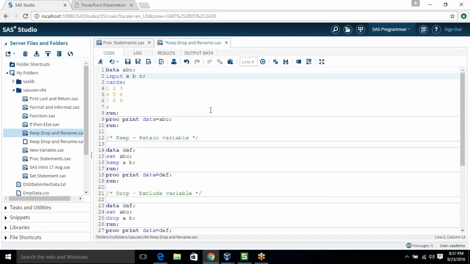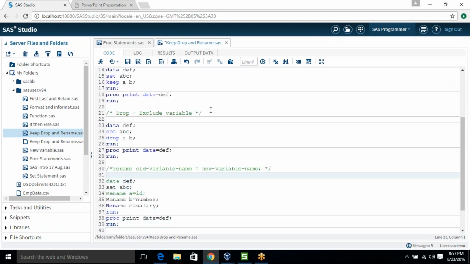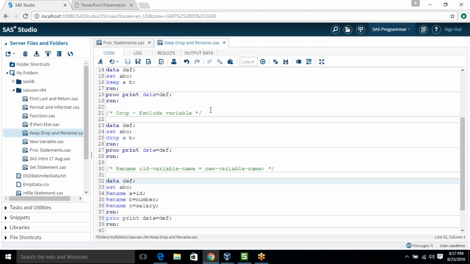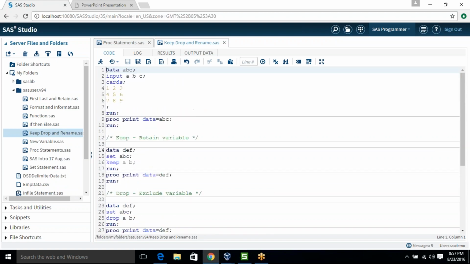Okay, these are the three options. Keep, which variables you want to retain. Drop, which variables you want to drop. And the third one is rename. Okay. These are very simple options, but they are very important ones.